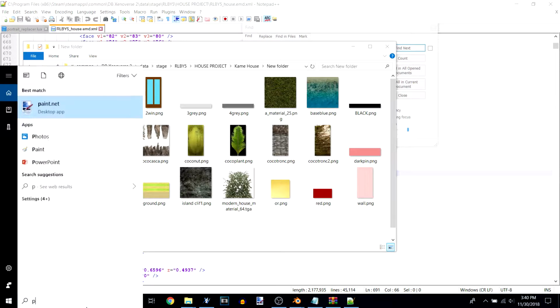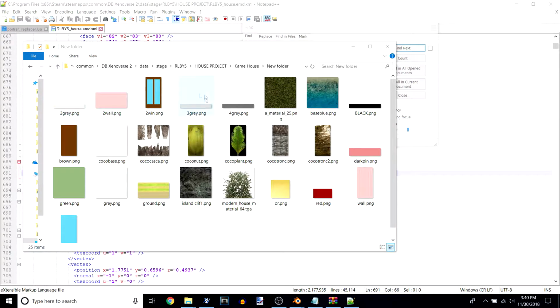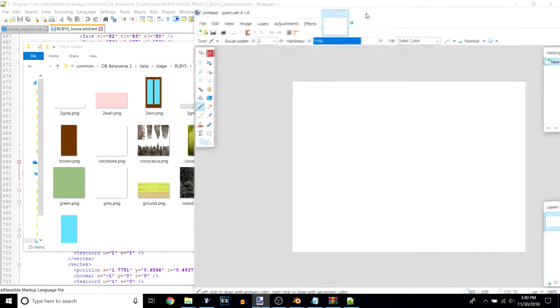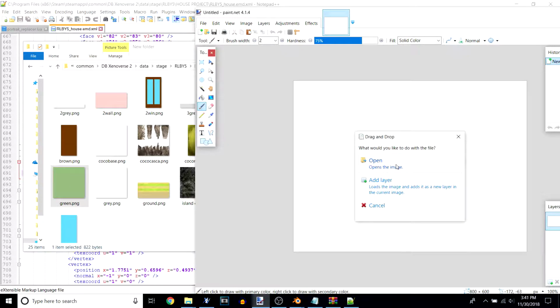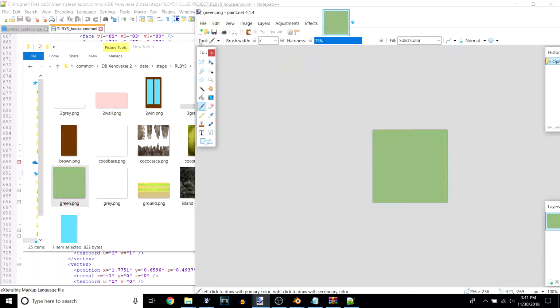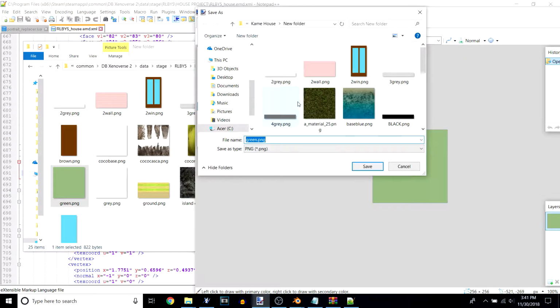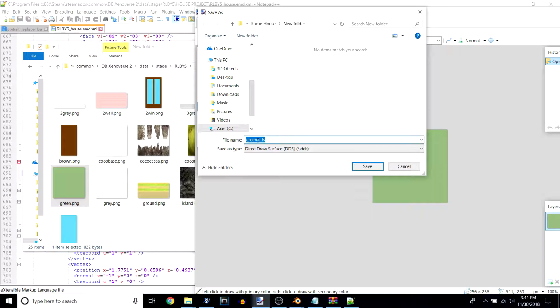Now open your paint.net or whatever image editing program you want to use. We have green, right? Can I drag and drop it here? Yes, cool. Click File, Save As, change Save As type to Direct Draw Surface, DDS, and we're going to change